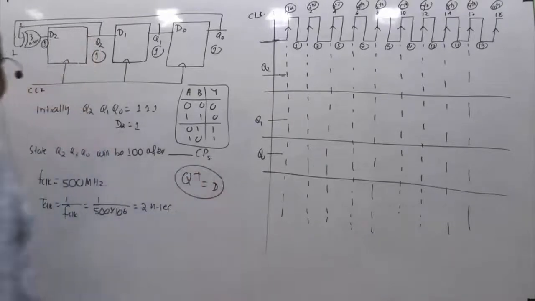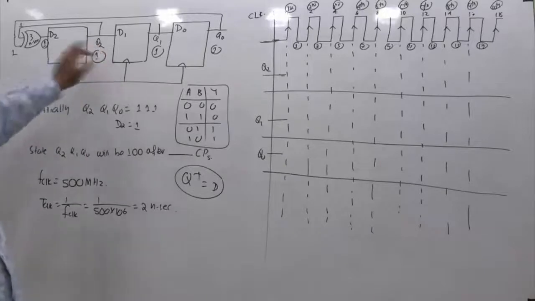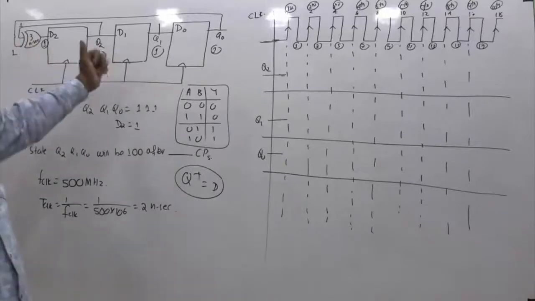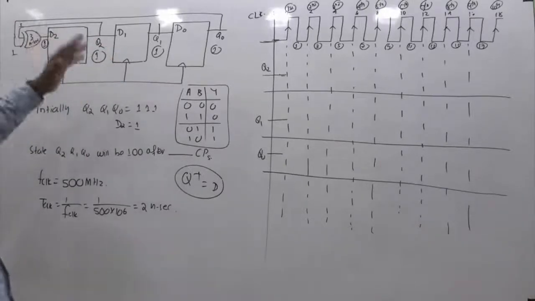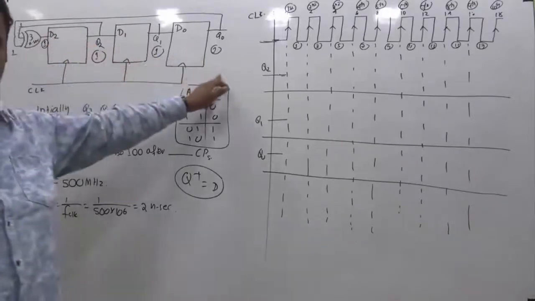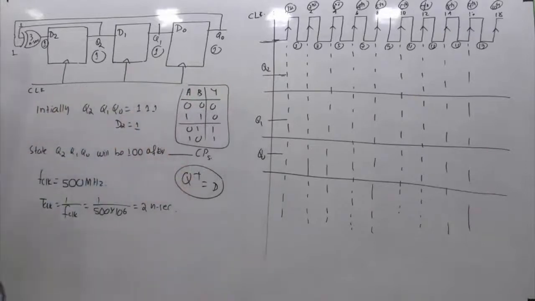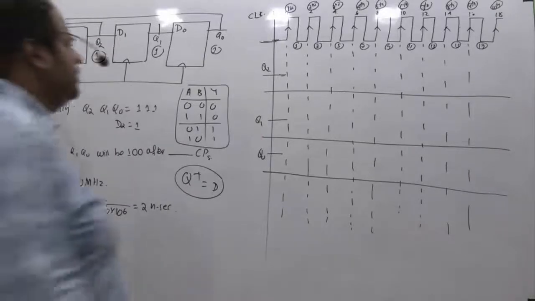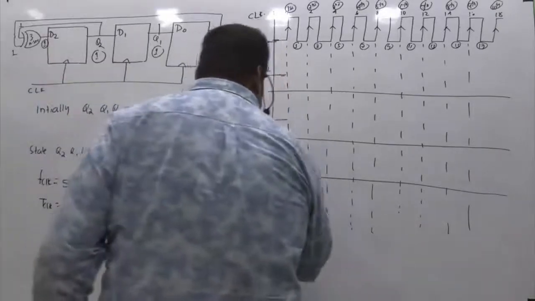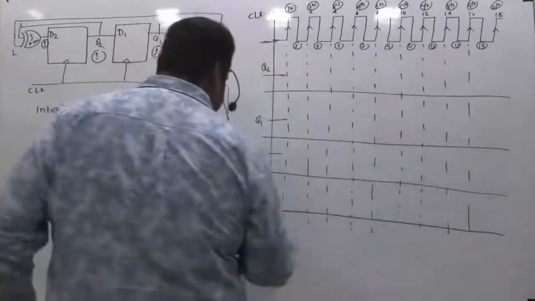That is, whatever is available on output after 1 clock, the same thing will be reflected on this corresponding output. So if in the input I have 1, 1, 1, if I give 1 clock, after the clock you will get 1, this one will get here, and this one will get 1. So next state is nothing but equal to the flip-flop inputs. Whatever input you give, after 1 clock that input will be reflected at the output after the clock transitions. And for further clarity, let us have one more waveform, that is for D2.